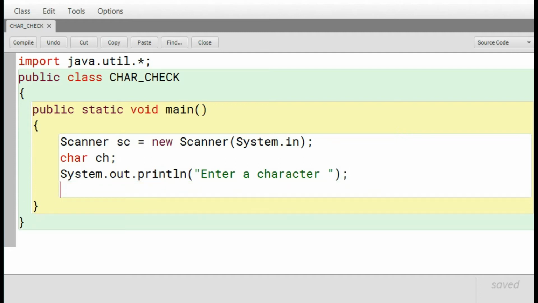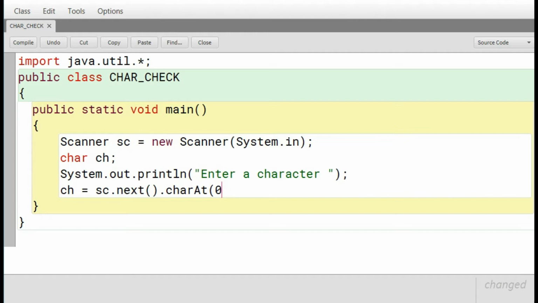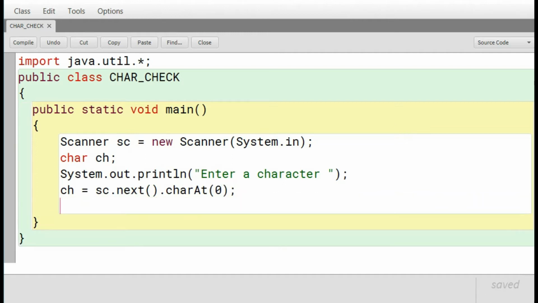Now after that we are going to accept the character in the variable ch that we have declared. So we will use the function next dot char at 0. This is the syntax to accept the character using the scanner class.